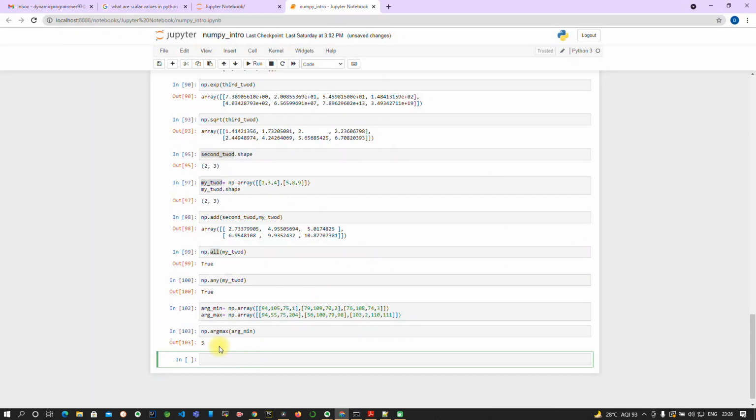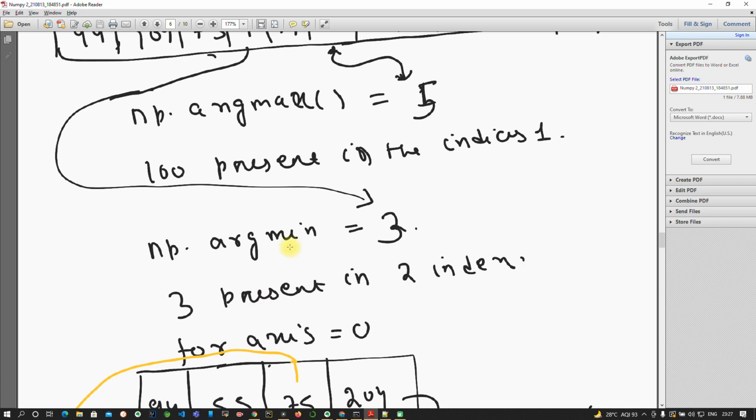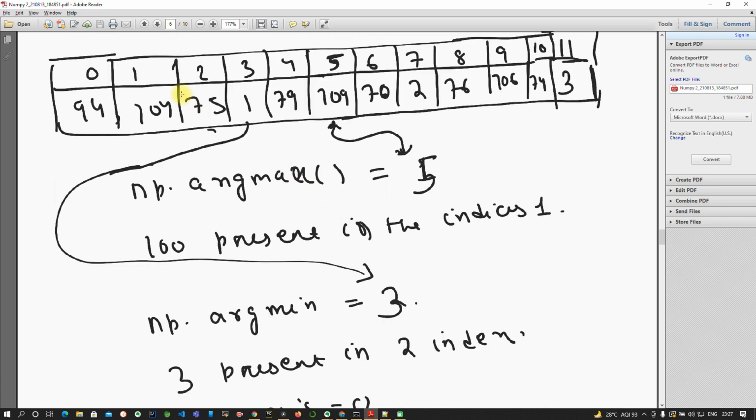Similarly, now we will use np.argmin. As I told you, 3 is the argmin because 1 is present at the third index.